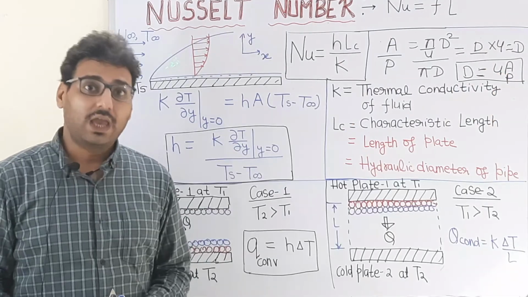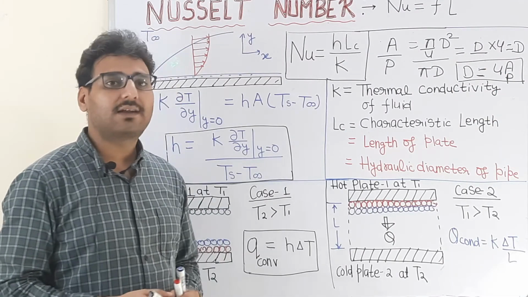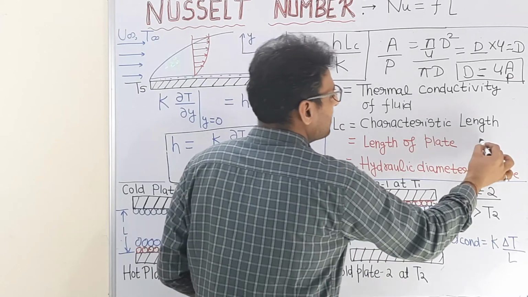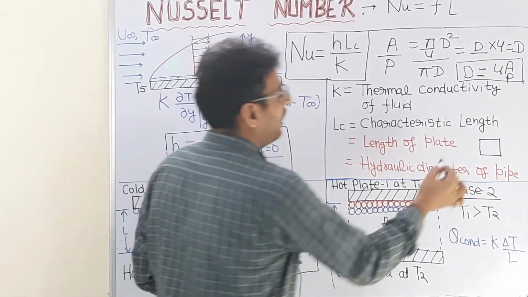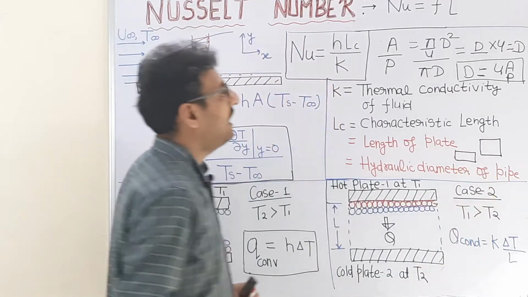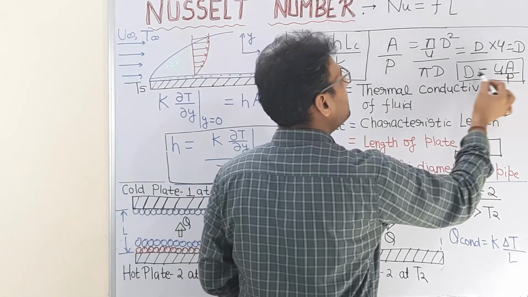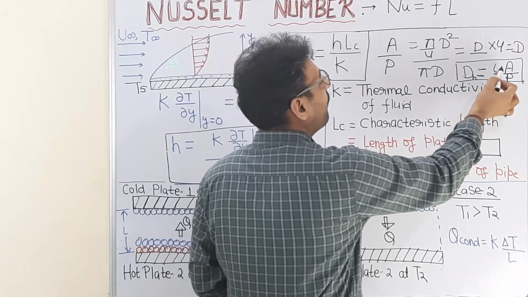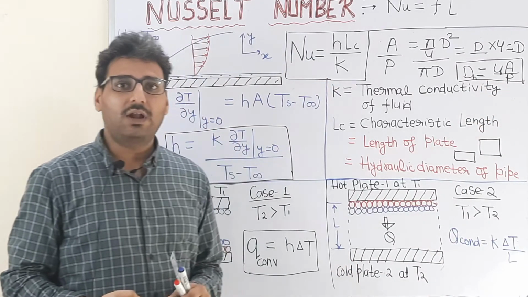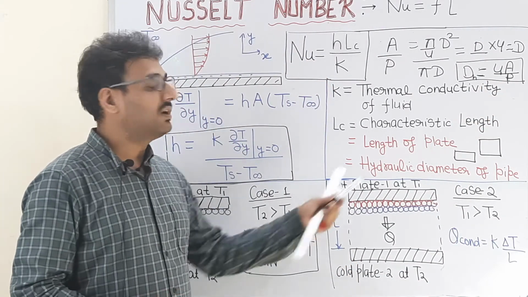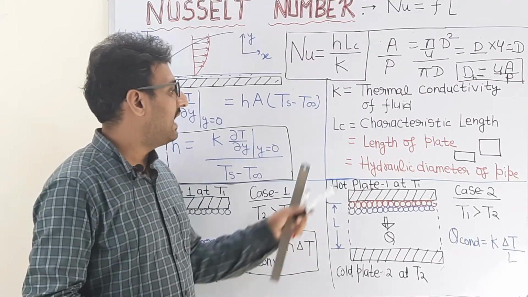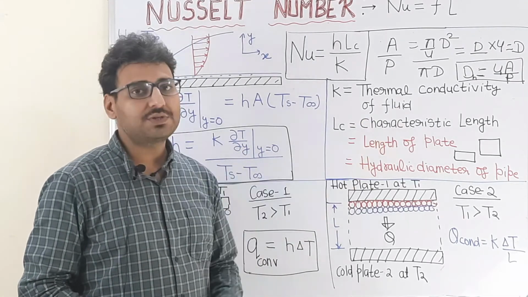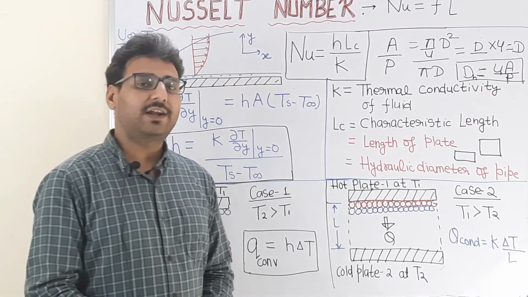But why are we doing this? If flow is taking place inside a duct of a different cross-section, suppose a square or rectangular cross-section, then by using this formula, the hydraulic diameter of the duct or pipe equals 4A by P. We can calculate the equivalent diameter of the duct to the circular cross section and substitute this value in the Nusselt number. So we will use this formula in case of flow through different ducts in numericals.